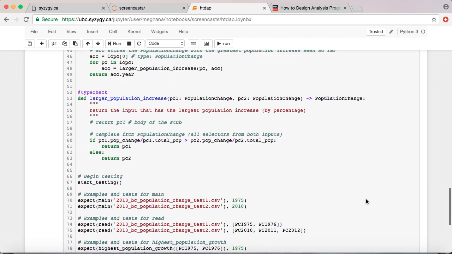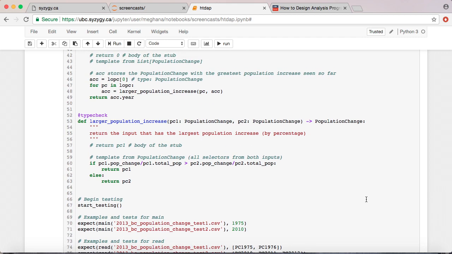One last comment. If I look at this design for larger population increase, I can see that it takes two population changes as input, and therefore its template has access to all the selectors or all the fields from each input. So this function design is an appropriate function design that following our recipes and our helper rules would get us to.